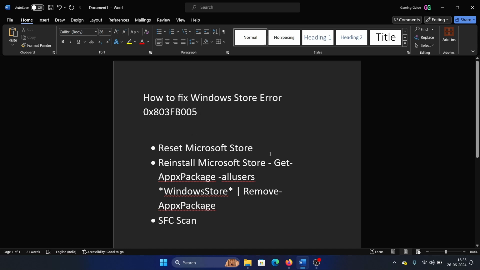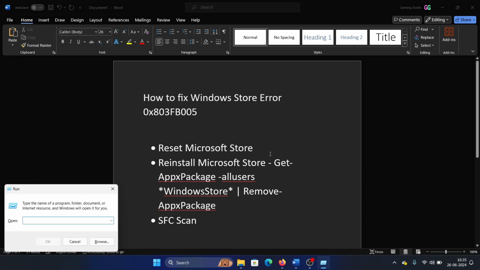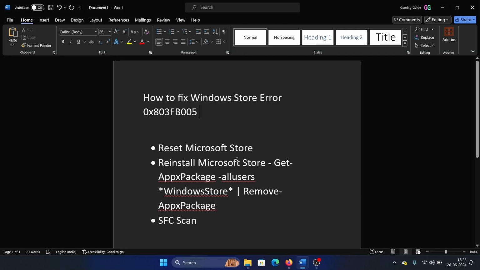The first solution is to reset the Microsoft Store. Press the Windows key and the R button together to open the Run window. Type the command wsreset and hit enter. This should solve the problem for a lot of users, but if it does not, then you can reinstall the